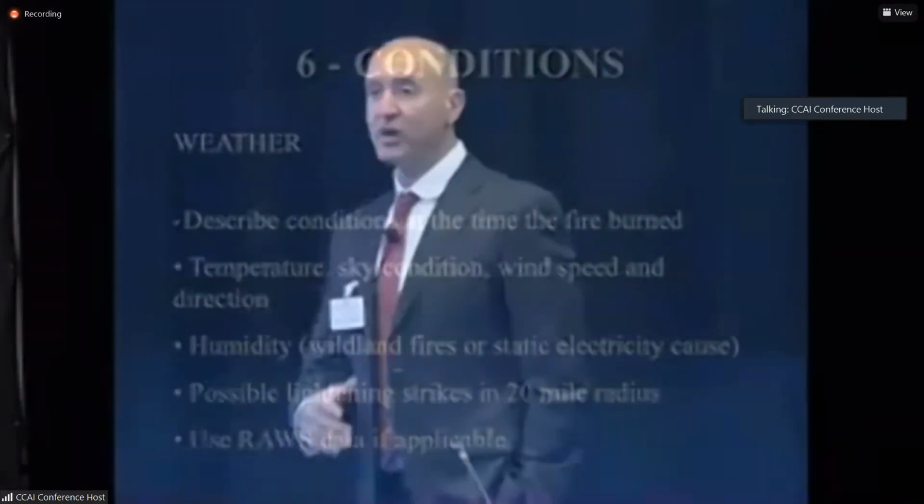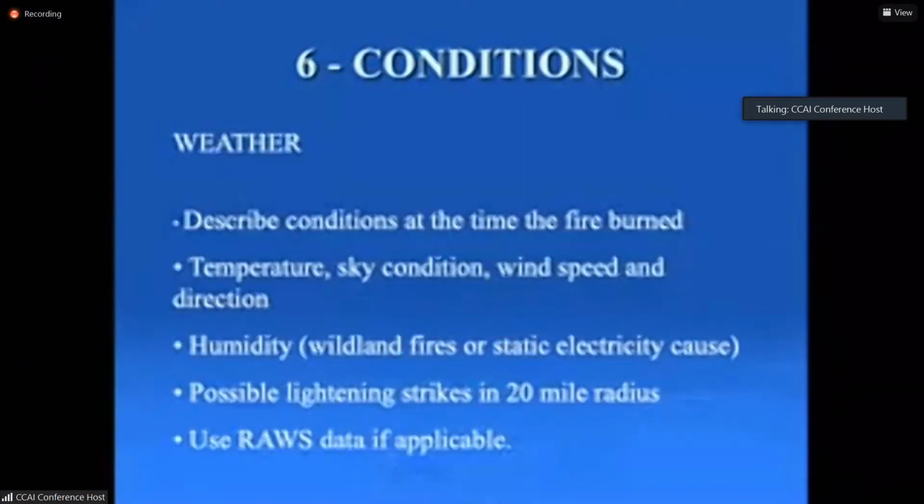Conditions. This is where you can describe your weather, and this may or may not have anything to do with your case, but if you've got a static electricity case, would that be important to be showing like the temperature and relative humidity? Yeah, especially for a wildland fire. You're going to want to know, I usually look for the RAWS data. You can get on Weather Underground for their history. Remember, you may have microclimates in your area. So just because the closest RAWS station is 3 miles away, it may be a little different where you are, but that may have a lot to do with your case, and your fire spread is the